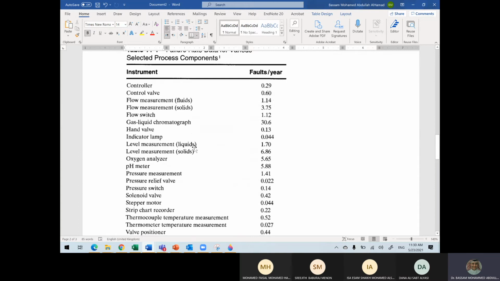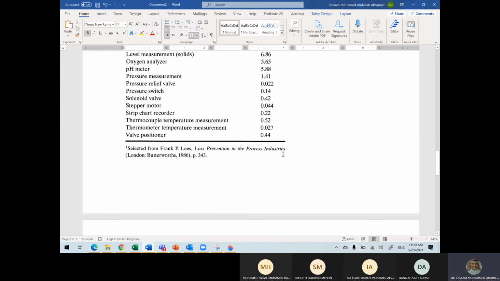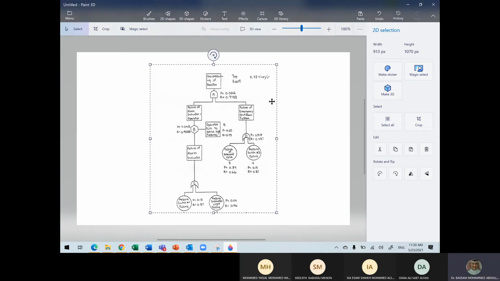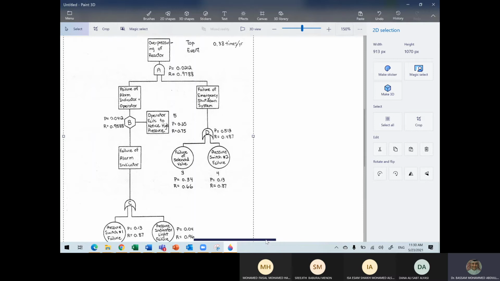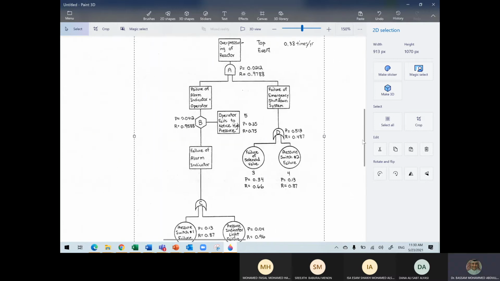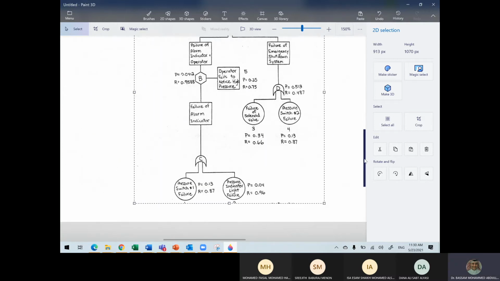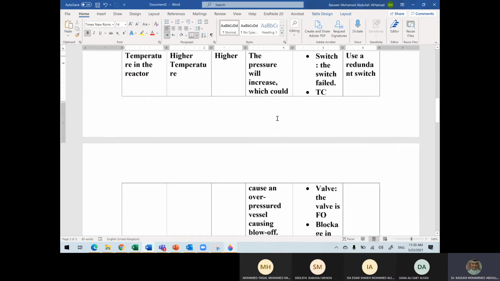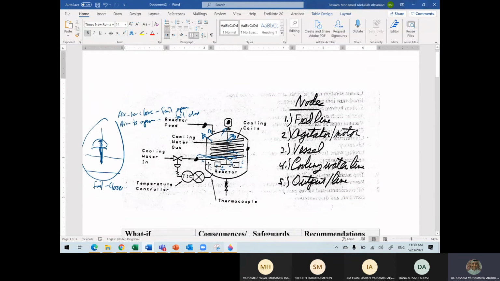Now, this table you're going to be using, if, for example, this is an example here. And what I'm going to do here, as I said, is that I'm going to give you a system. I'll say that. Now to write a fault tree or an event tree,